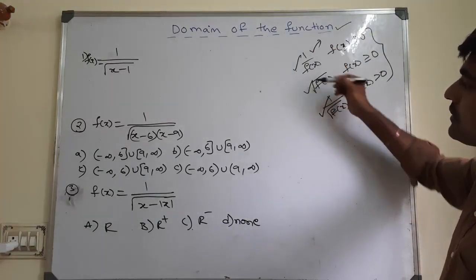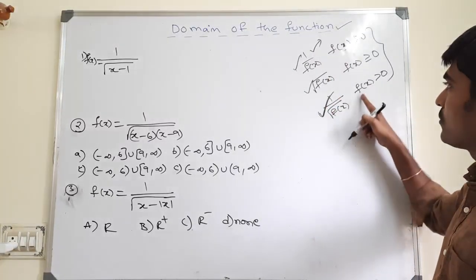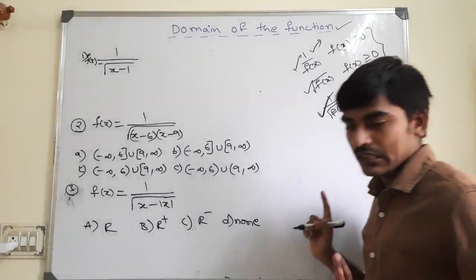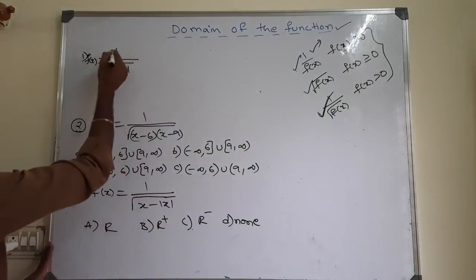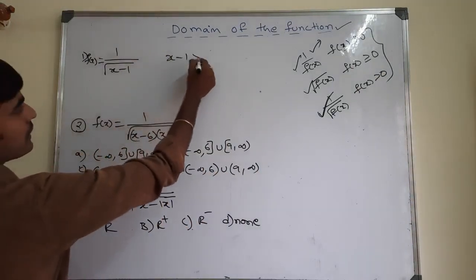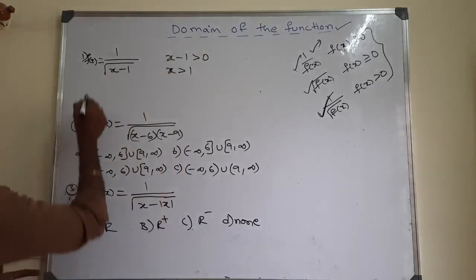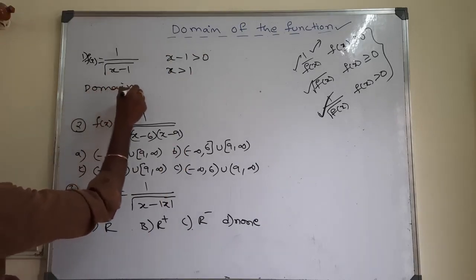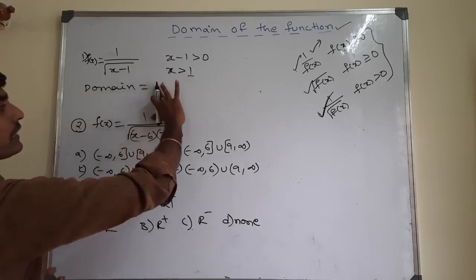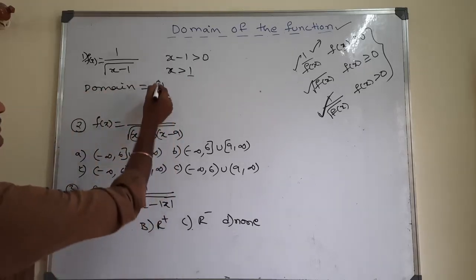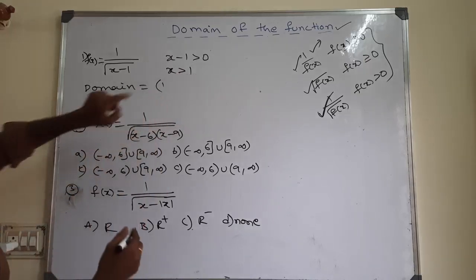Already I completed the first and second. Now I entered the third case: 1 divided by root of f of x. What should you take? Just greater value. So f of x equals 1 divided by root of (x minus 1), so x minus 1 is just greater than 0. Then x is greater than 1. So the domain is, minimum is 1, but here the interval is very important. Just greater means open interval. That means 1 is not included, 1 is excluded, but above 1.